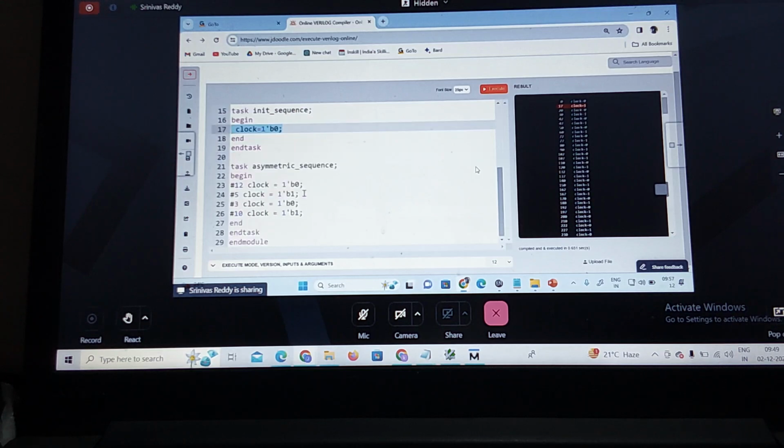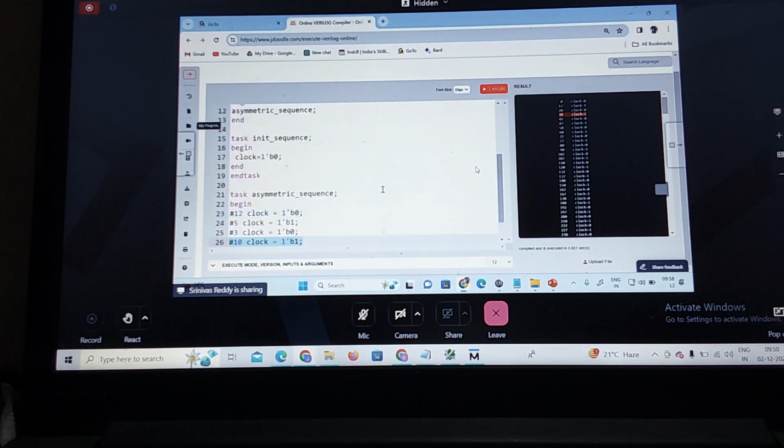So at what time is it monitoring again? 12 plus 5 is 17. At 17 clock is equal to 1. Then 17 plus 3 means 20. At 20 clock is equal to 0. Then 20 plus 10 means 30. The clock is equal to 1. We have generated the asymmetric sequence, the clock. Correct? Did you understand? So here I am using two tasks. One task is for initializing the value. Another task is used for